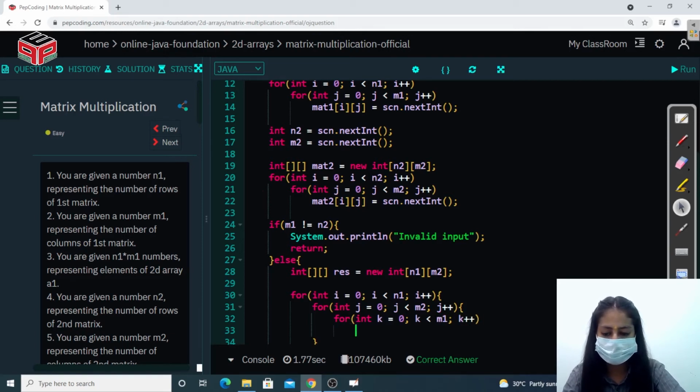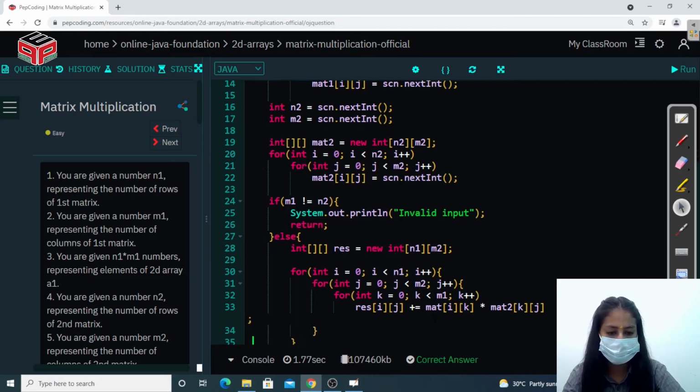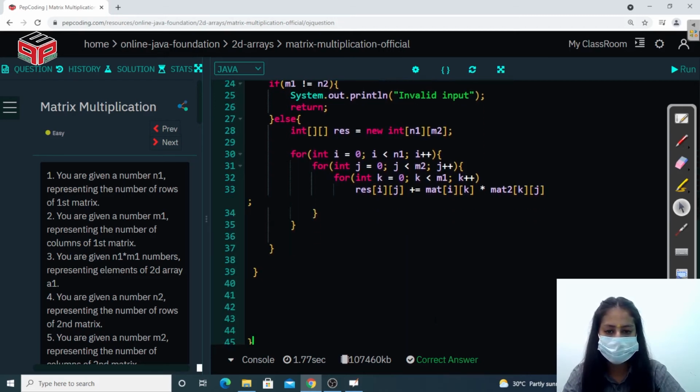So our resultant of i j will be, we have to increment it each time, matrix1 of i k into matrix2 of k j. Right? So this will calculate our result.